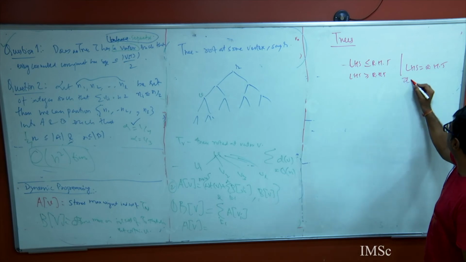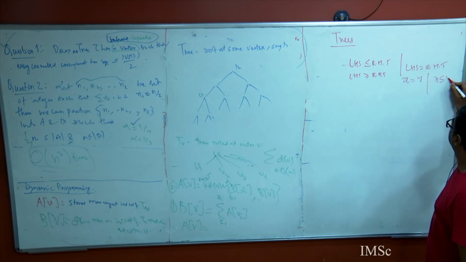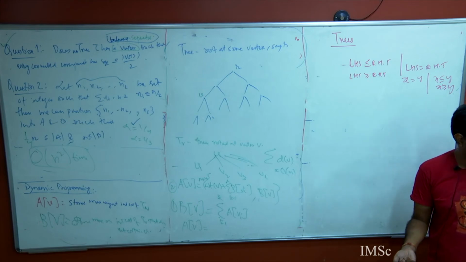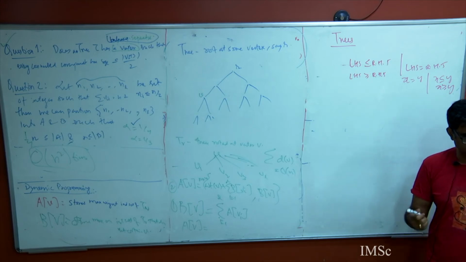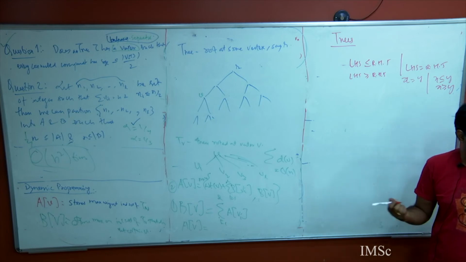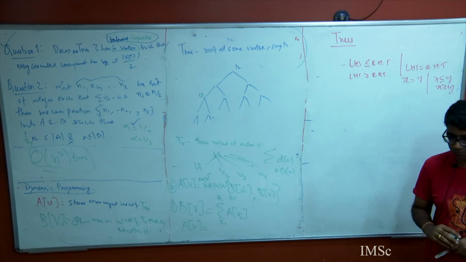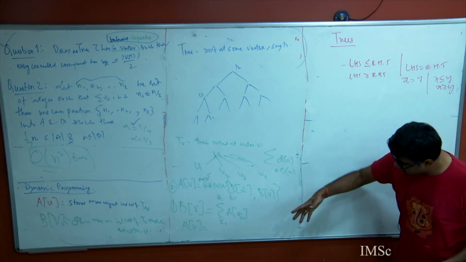So if I have to show that x equals y, what should I show? x is less than or equal to y, and x is greater than or equal to y. This is exactly what I was trying to say. If I have to show 2 equals 3, I have to show that 2 is greater than or equal to 3 and 2 is less than or equal to 3, and so 2 is equal to 3. No magic. Excellent. So now let's go.